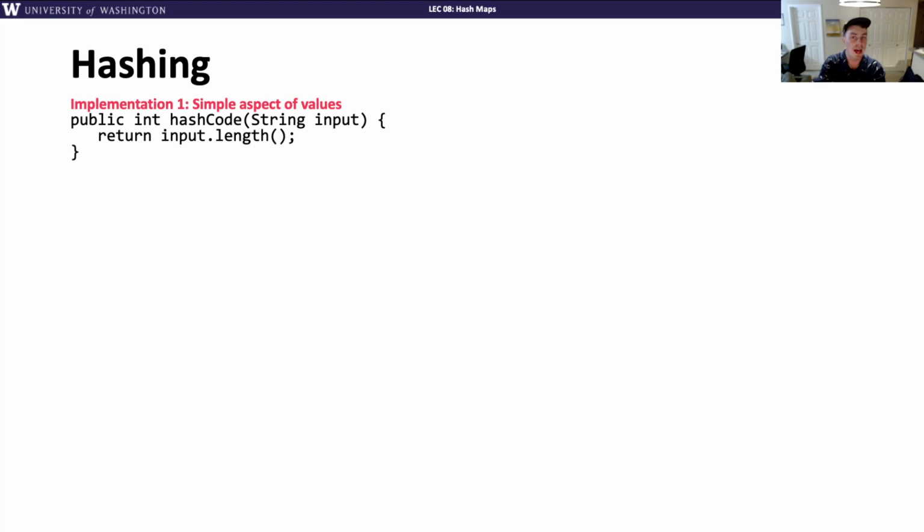So here's a very simple hash function. You can take any string and return its length. That takes any string value, which could be really long,